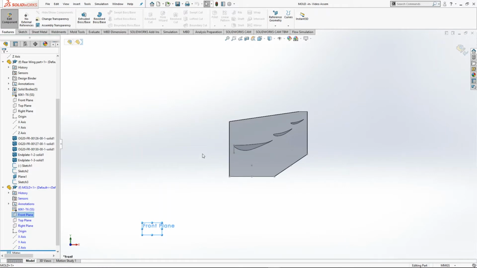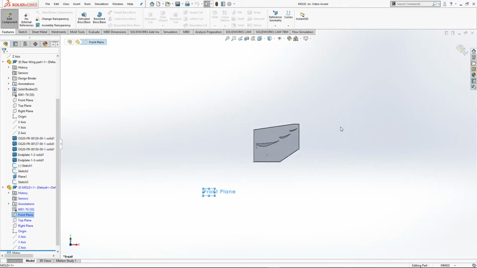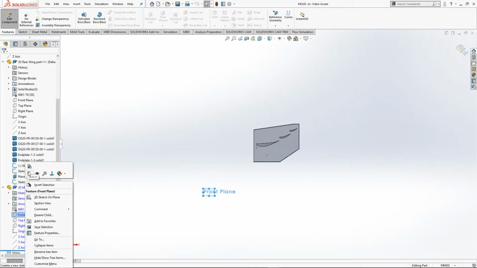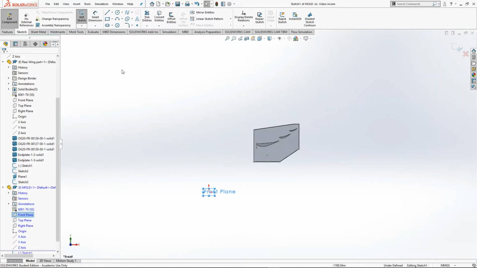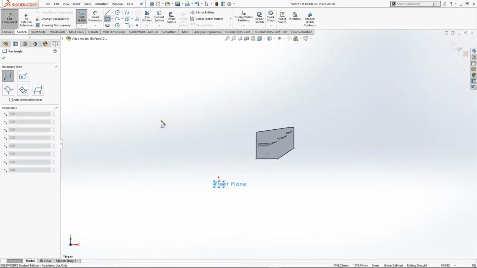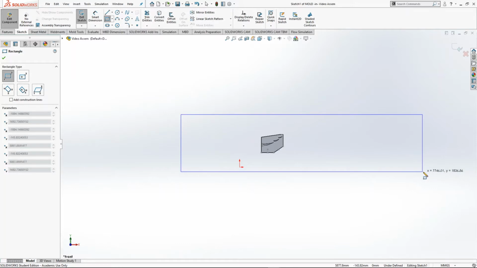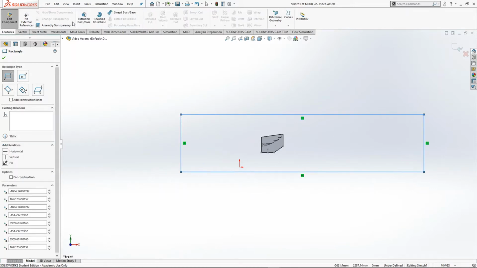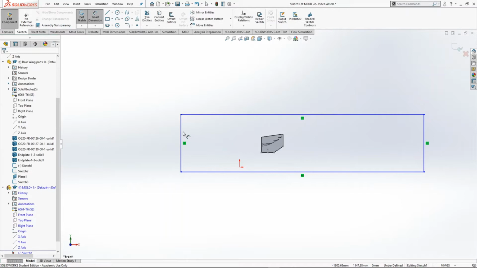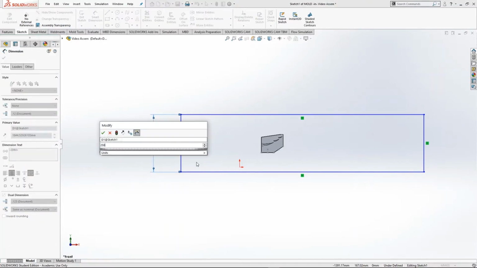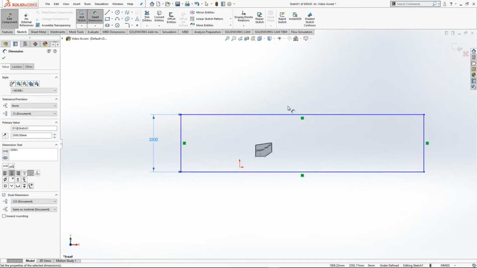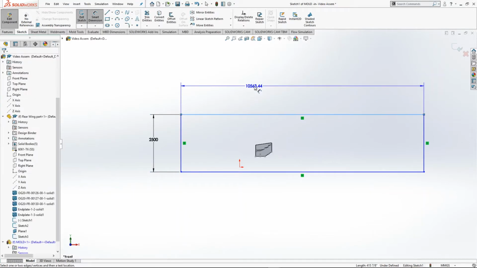So now in whichever frame is parallel with the flow direction that you're wanting to do, create a sketch. And now what you want to do is create your fluid domain for the part. So in this case, just a large rectangle. And a smart dimension. We'll go 2500 by